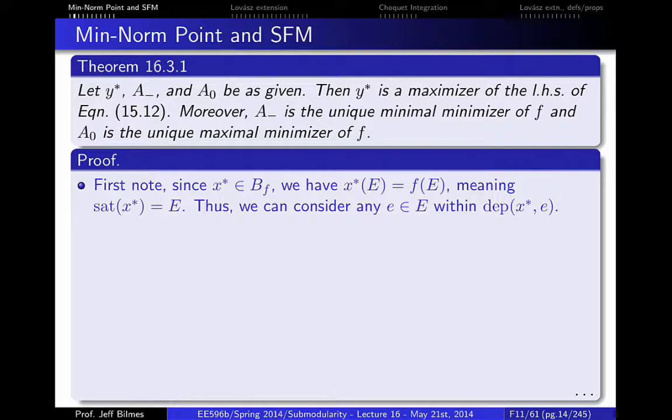And also, A minus is the unique minimal minimizer of the submodular function, and A naught is the unique maximal minimizer. And so what this really means is that in this lattice of minimizers, we've got A minus being the unique minimal minimizer, and A naught being the unique maximal minimizer. This is the sublattice of 2 to the V corresponding to the minimizers of the submodular function. And remember we showed that all minimizers of the submodular function are closed under union and intersection, and so therefore they form a